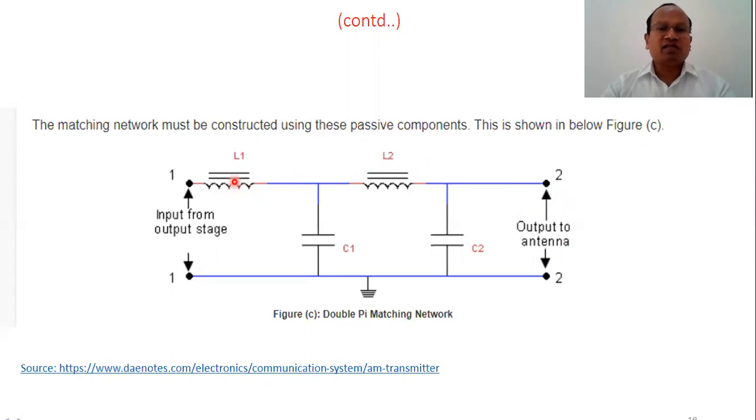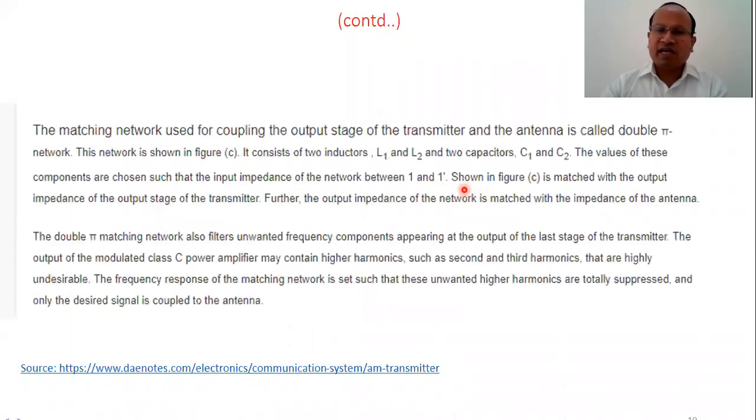So you can see here there is one inductance L1, there is another one L2, C1 and C2. Sometimes this structure here you can see is a pi structure, right? We sometimes call it a double pi structure. This structure also is constituting a pi. Here also it's constituting a pi. So double pi structure, or better to say here it is pi and there is a T. So T followed by pi, or T and T, or pi here and pi here. That's not important. What is important is this is a coupling network, right?